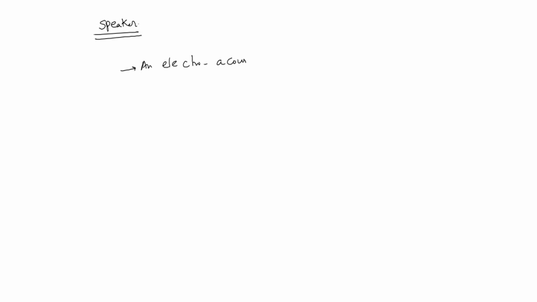We call it an electroacoustic transducer. Electroacoustic transducer means whatever the electrical form is there, it is converted to sound. Is that clear to you? So we are giving some electrical signal and it is converting into sound, and it contains basically two main